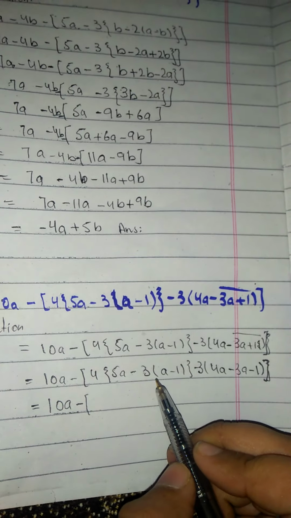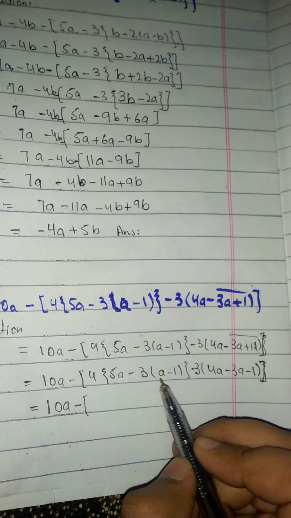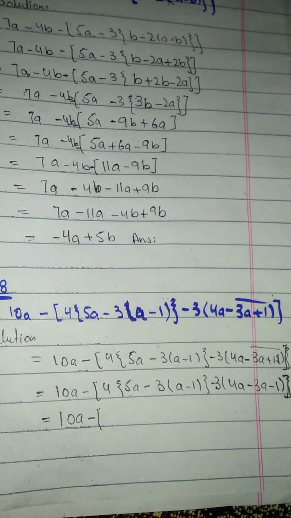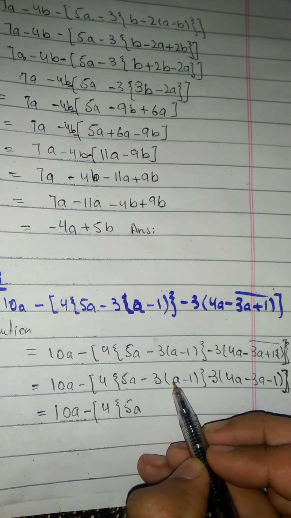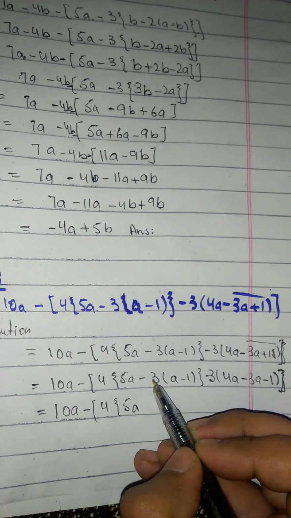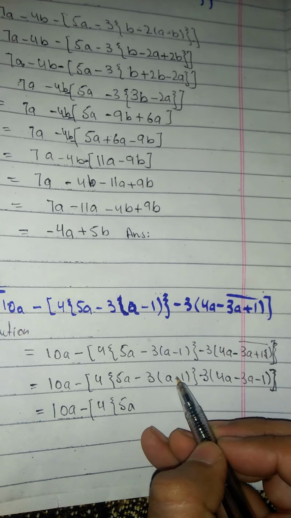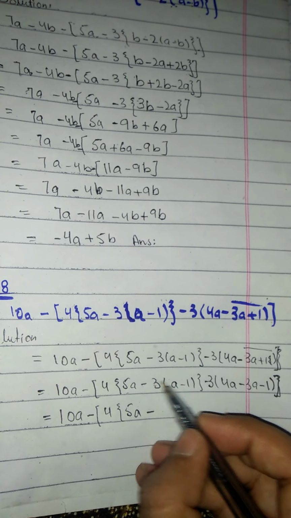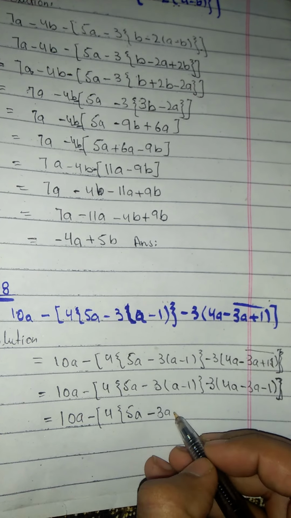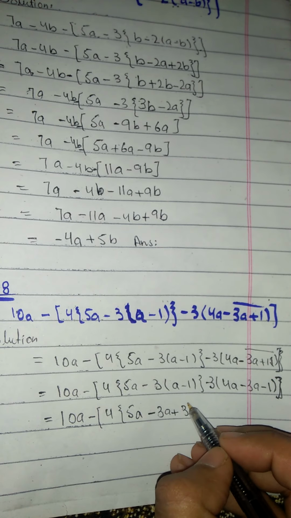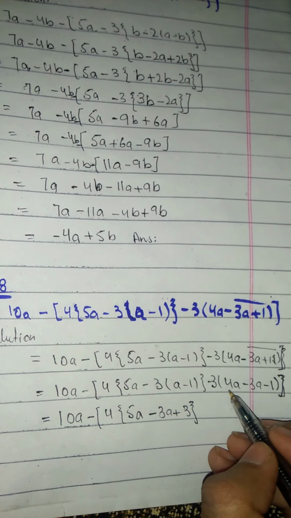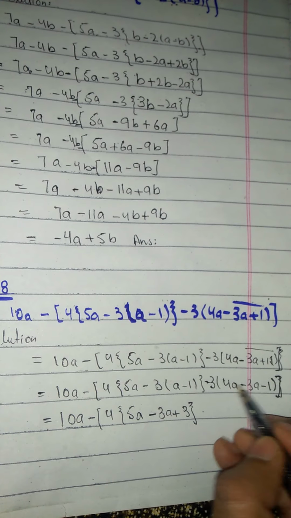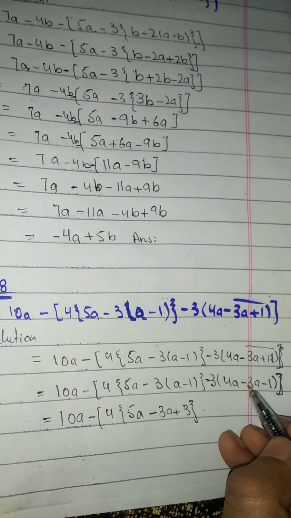In the next step, we have to solve the parentheses, as there are two parentheses, this one and also this one. While removing this parenthesis, as there is a minus 3 outside the parenthesis, we should multiply minus 3 with each of these terms. Multiplying minus with plus, we get minus 3a, minus minus plus, 3 times 1 is 3, and braces closed. And now we can solve them further. 4a and minus 3a are like terms.